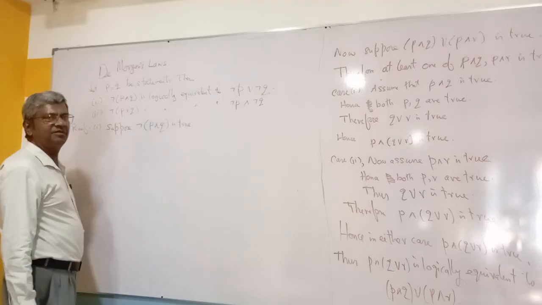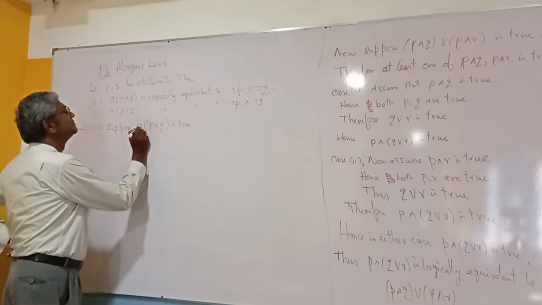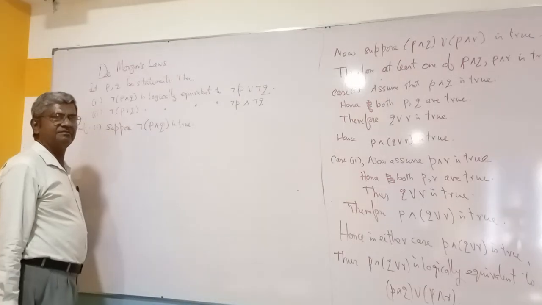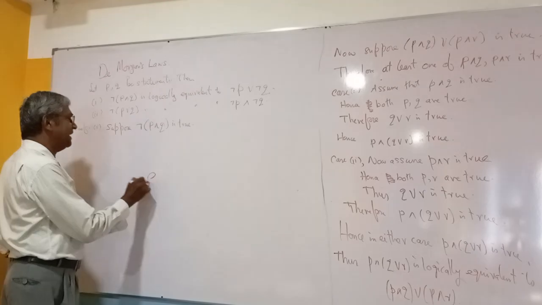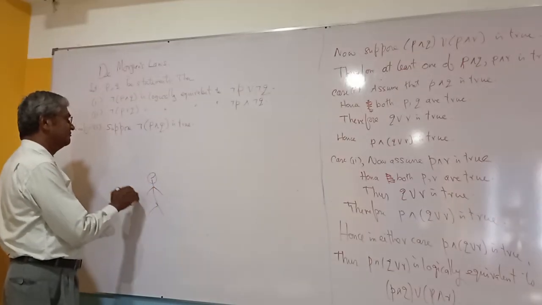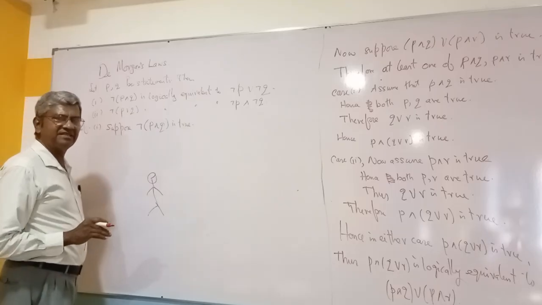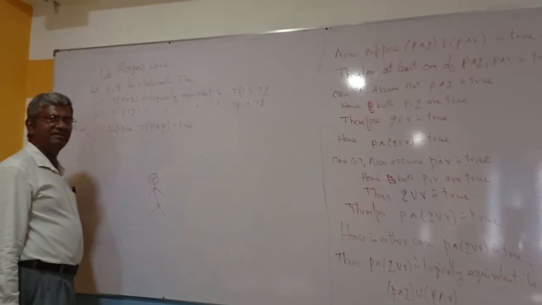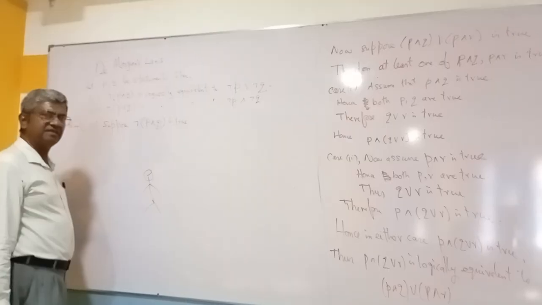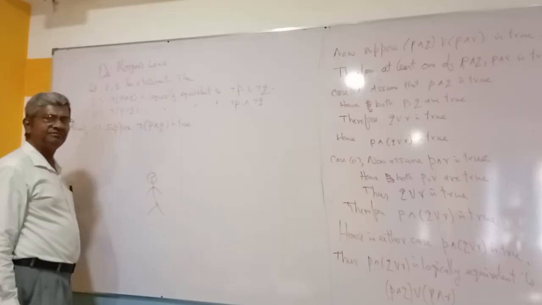Not (P and Q) is true. Suppose there is a man here. This guy is a liar. He never tells the truth. He always lies. Suppose he says something is true. What do you know about it? It is false. What is false? The statement he said. So, suppose not (P and Q) is true, then